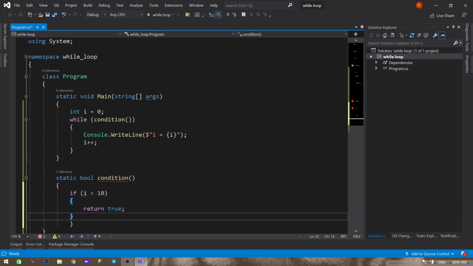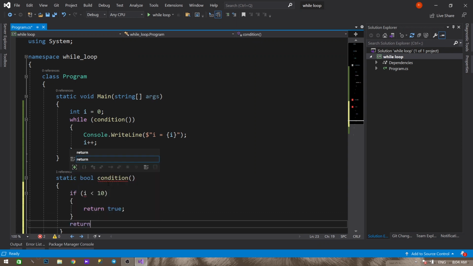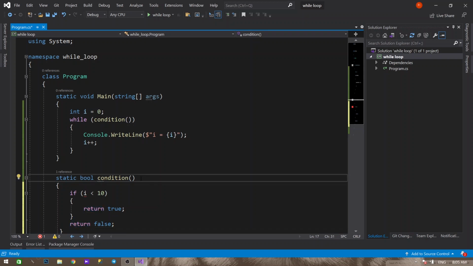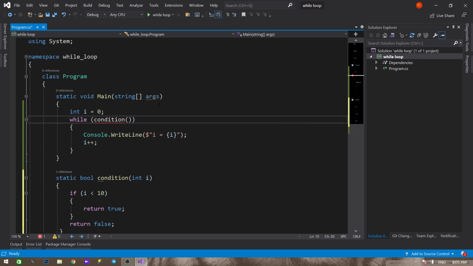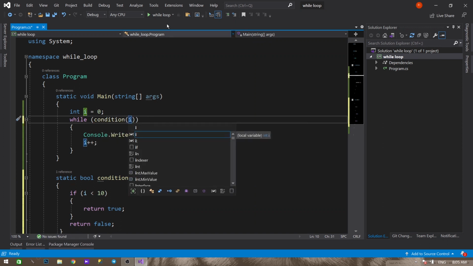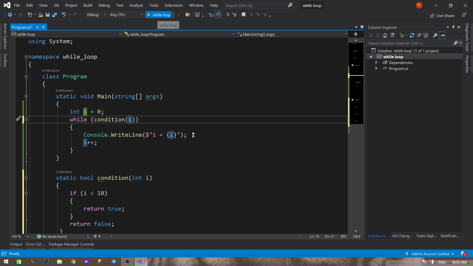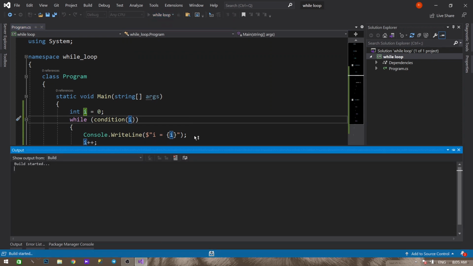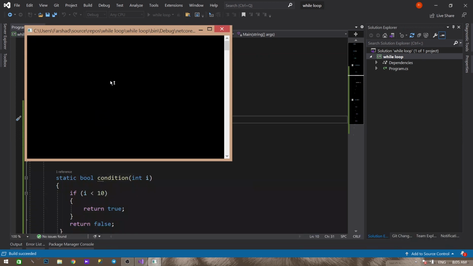Okay, if i is smaller than 10, return true. And otherwise, return false. And here, i is taken from this, i is taken as an argument, okay? And here we have to give i to our function. And the result would be just like before,